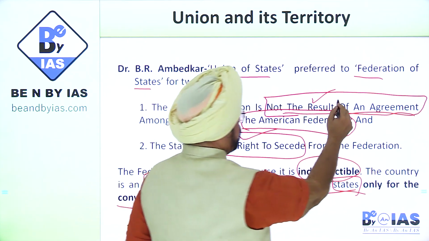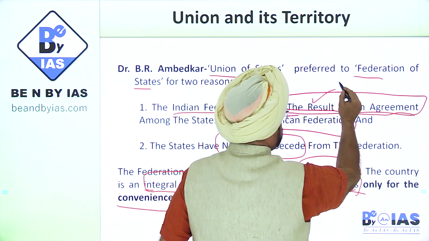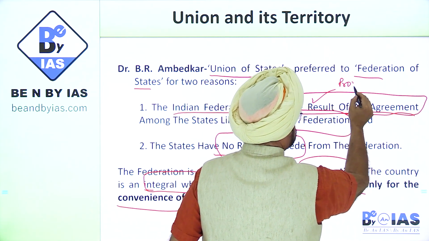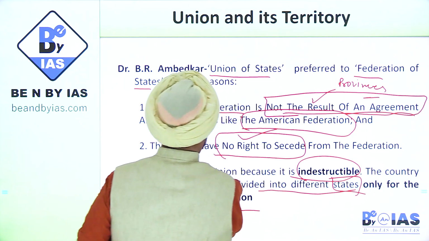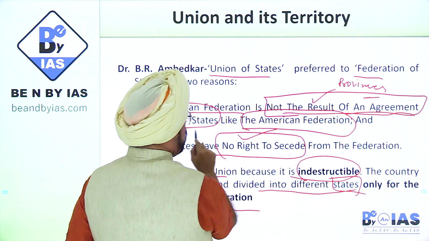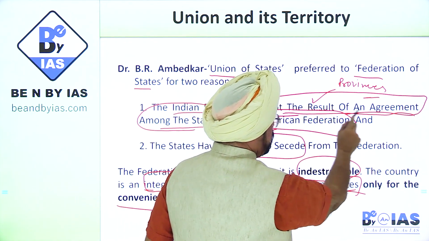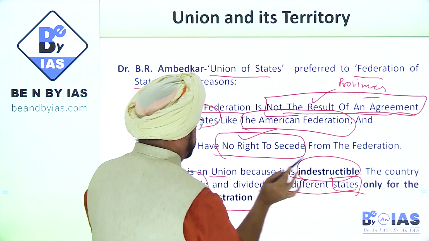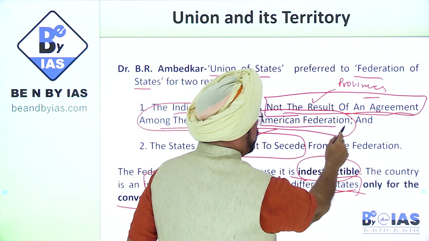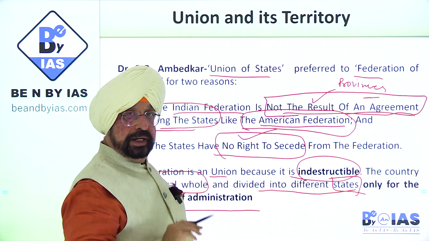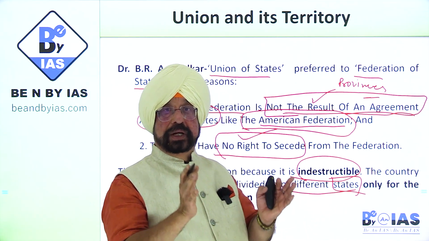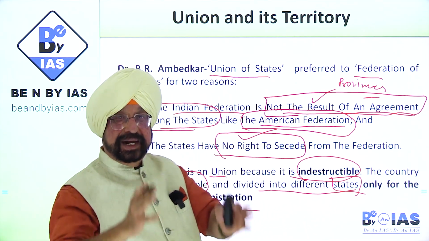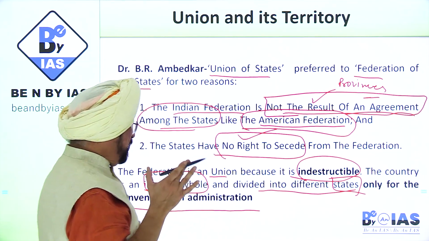Okay, so here I said they were provinces. So among the states, there was no need for any agreement, not the result of an agreement, as in the case of American Federation. So Indian states, they simply joined by way of the Indian Independence Act, whereas the princely